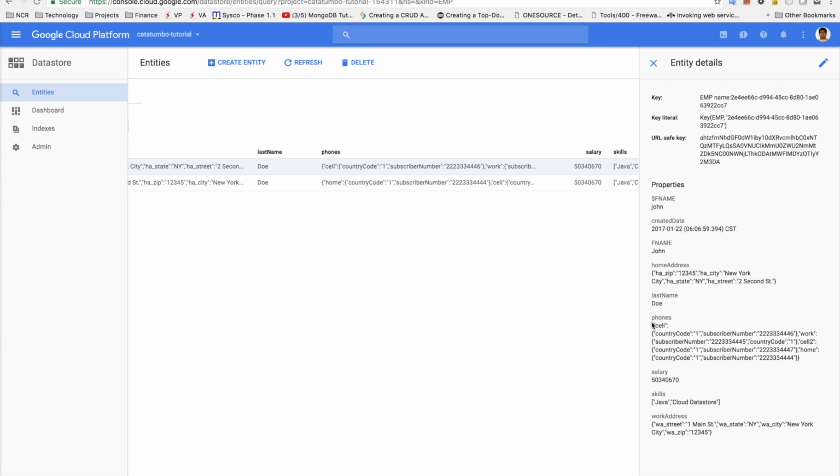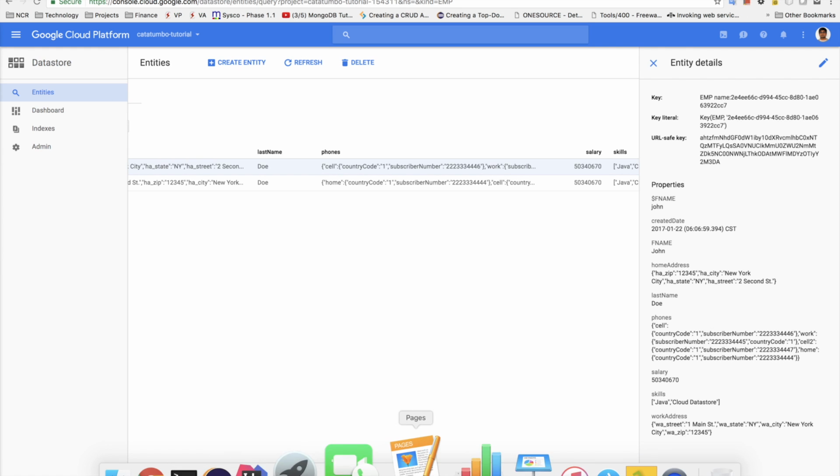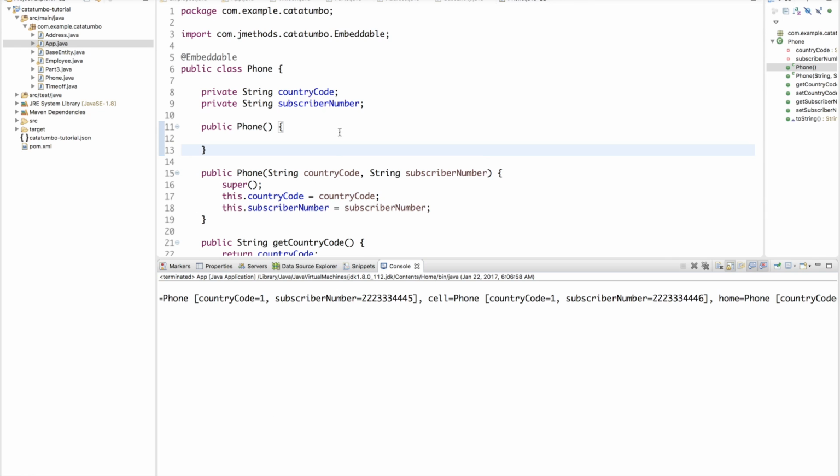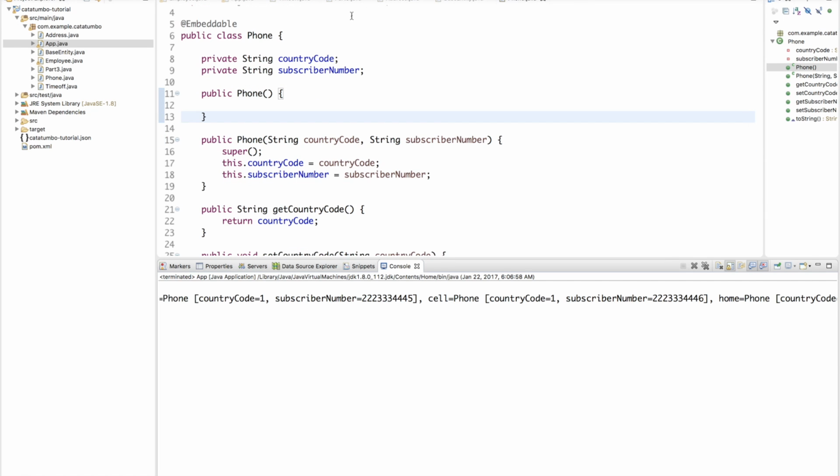So this is how a map of complex object is stored. So you have the name and then another object with country code, subscriber number, then work phone, then cell 2, and then home. So everything is pretty automatic. You don't have to do a whole lot. Again, you can of course control the name of the property that you want to use. For example, instead of phones,